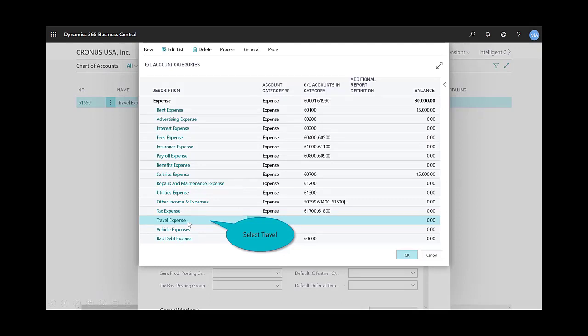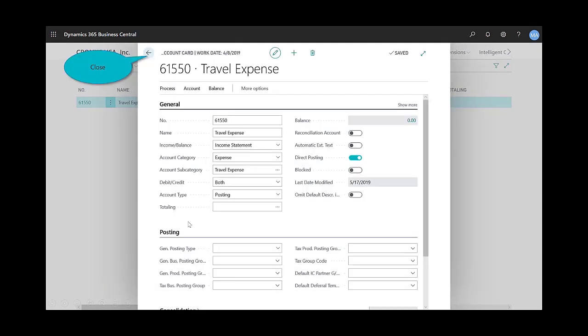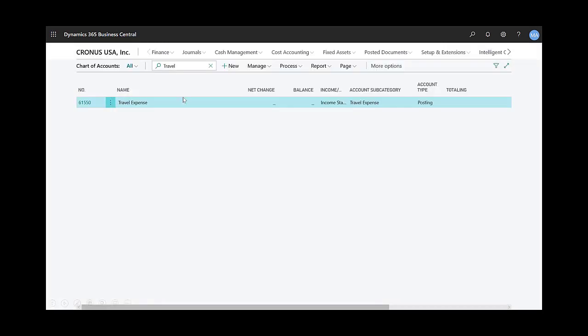In this, I'll choose travel, and I'm done. I'll close that out. Now the list, because it was filtered on travel, only shows that on display. But again, you can see how adding an account is very simple and easy. This experience empowers the users, the accountants, to control this information that they need for reporting